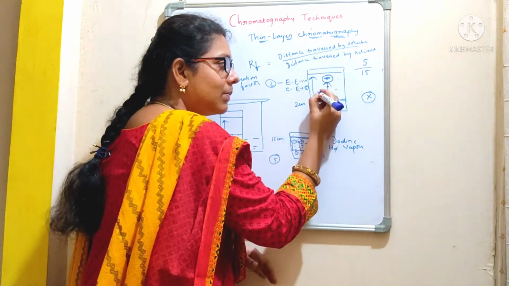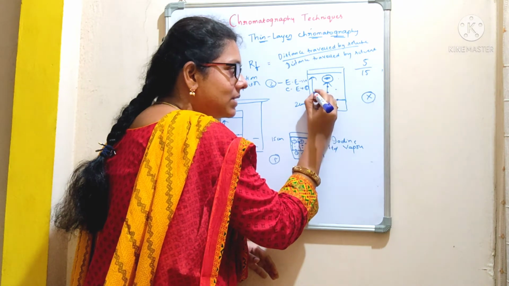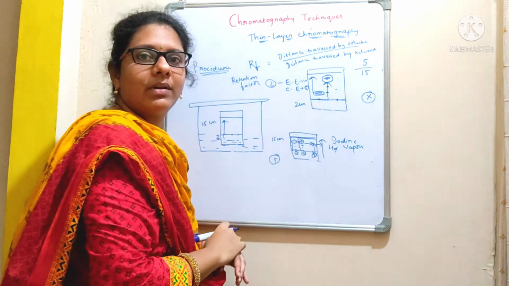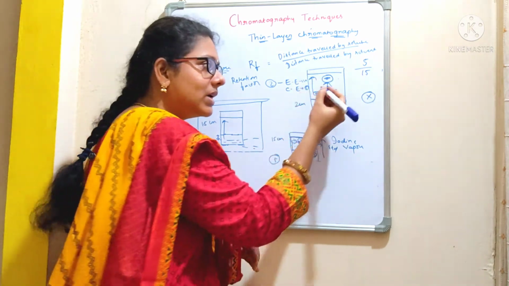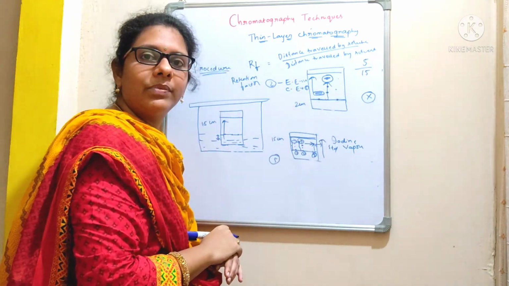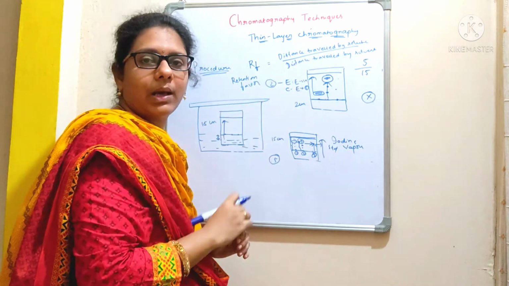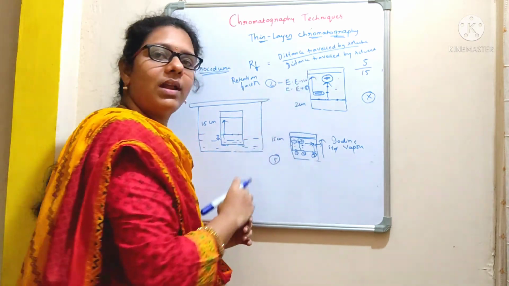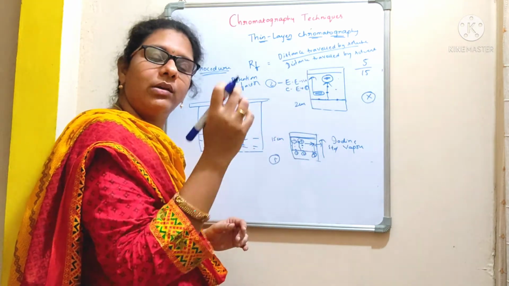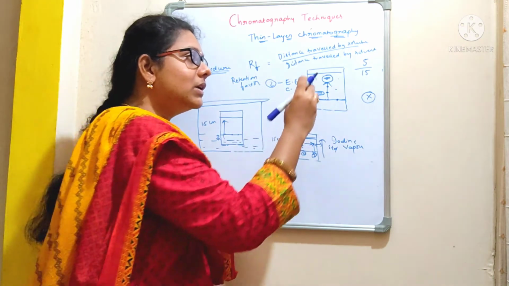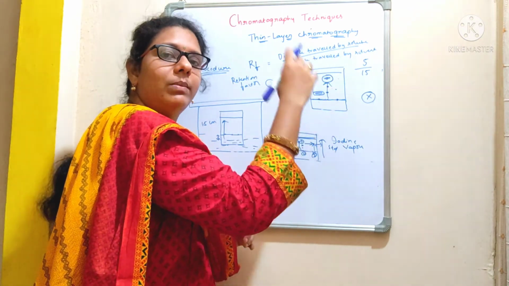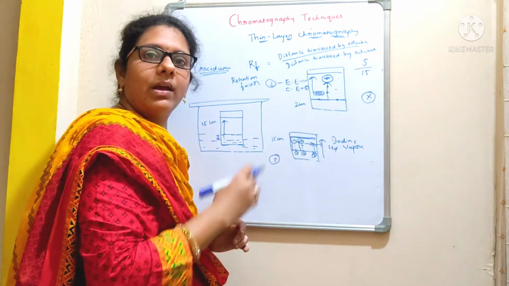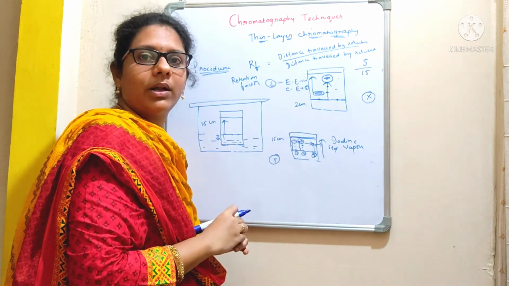For example, this is the band you got. This band you can scrape out with the help of a scalpel. So this is just silica, right? You scrape it with a scalpel and then collect that powder into an Eppendorf tube. Add an organic solvent. If you are going with the ethanol extract, you just add ethanol and go for centrifugation. Whatever compound is present in that band will be released into that organic solvent, that is into the ethanol, and the silica will be deposited at the bottom.